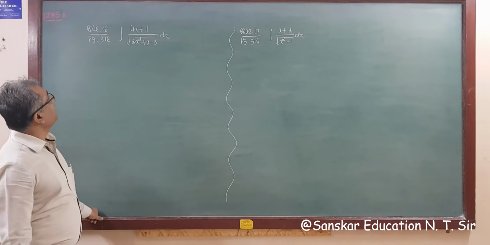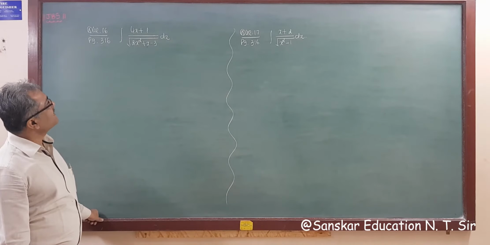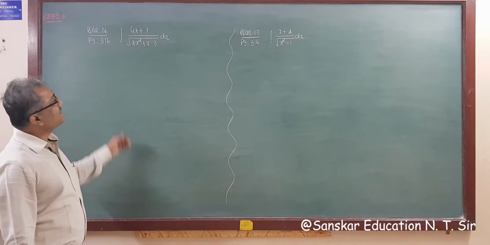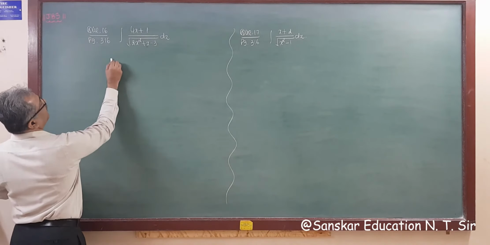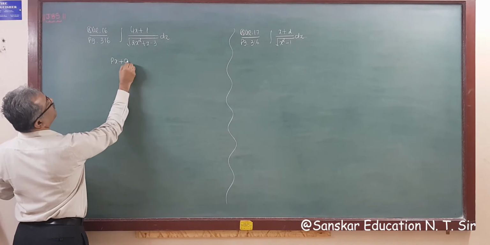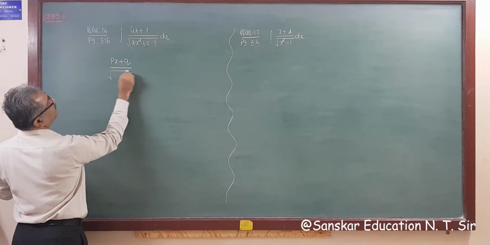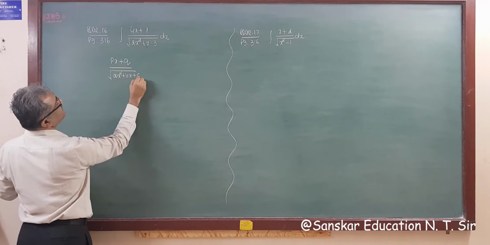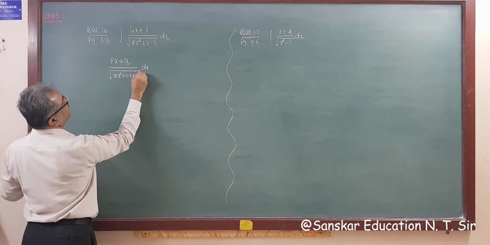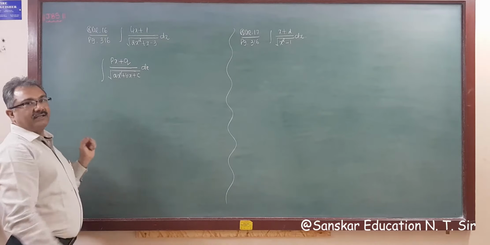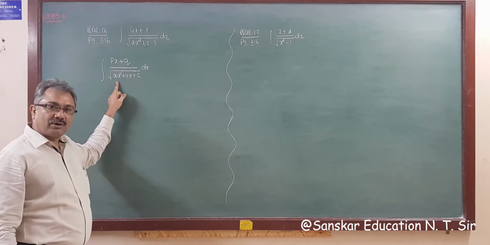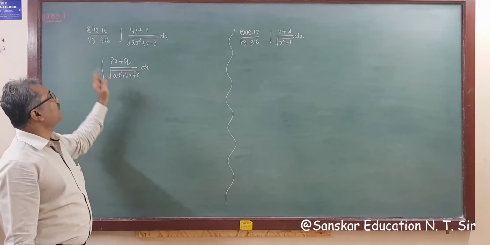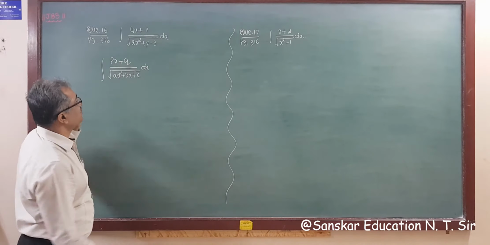So question number 16, given that integration of (4x plus 1) upon root of (2x square plus x minus 3). This is of the type (px plus q) whole upon under root ax square plus bx plus c dx. So the given type is of this type, right? Now, without square root or including square root, no problem at all. What you have to do? You have to take this, that is px plus q, right?